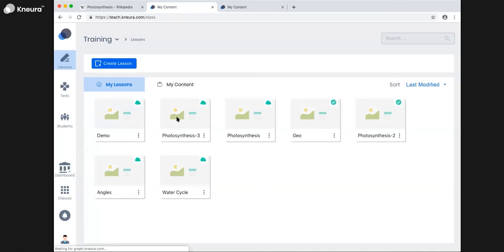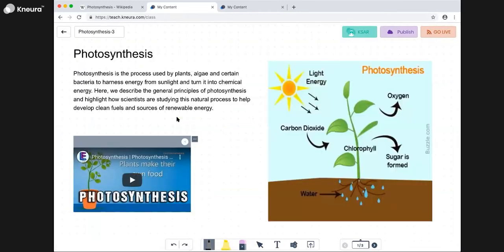So I'll just open up this. This is the content I have already created. So let's say tomorrow I'll be teaching photosynthesis. So I'll just open up this tool. I'll create this entire lesson. So once this is done, I can easily share it with my students. So if you see here, we have an option called publish here. The moment you click here, the lesson gets notified to the student.